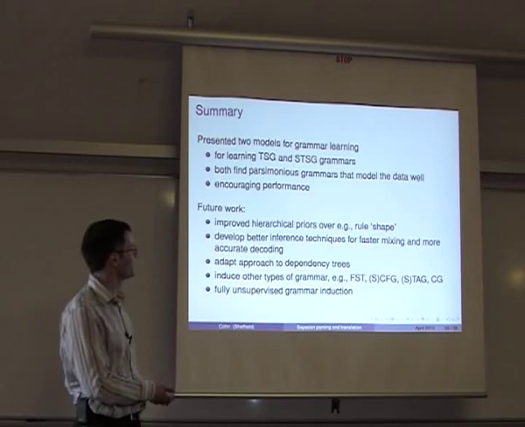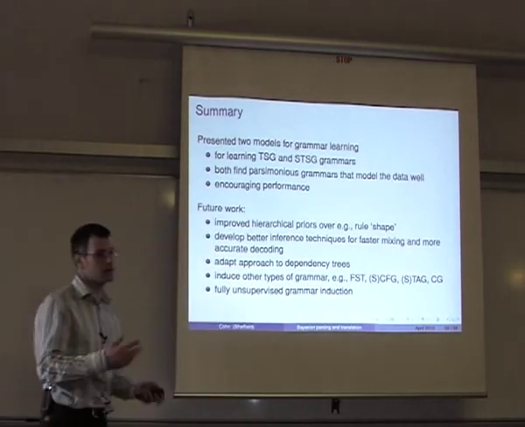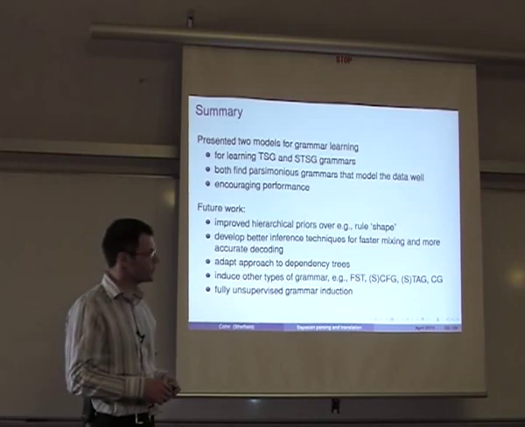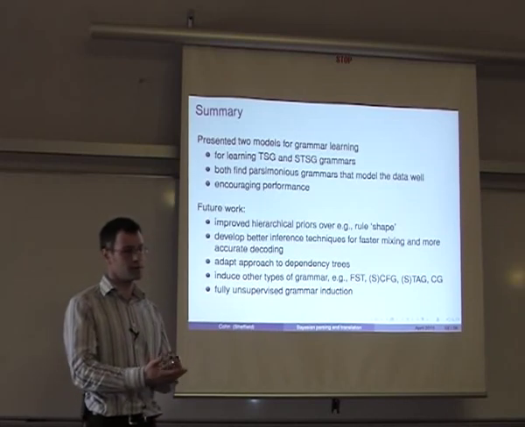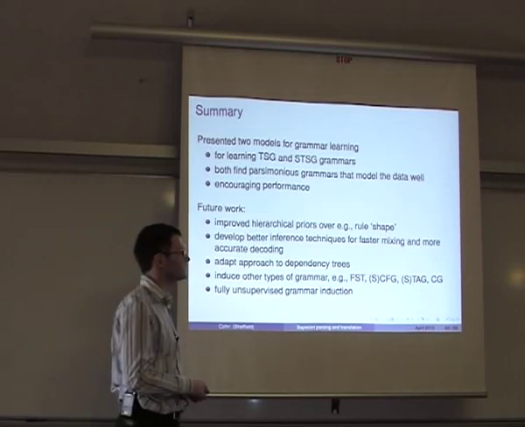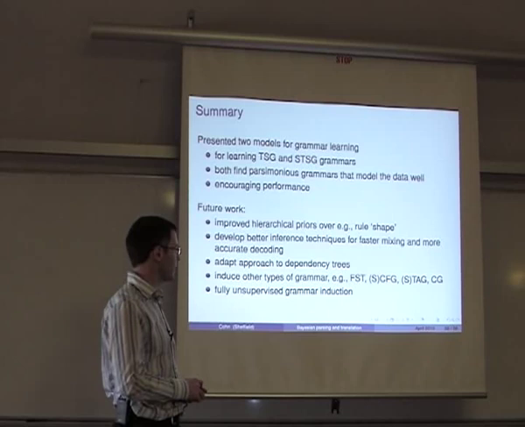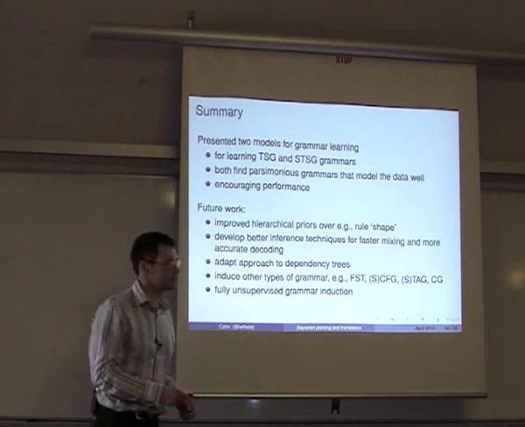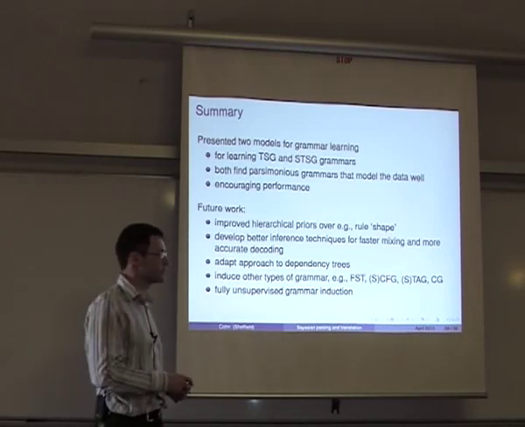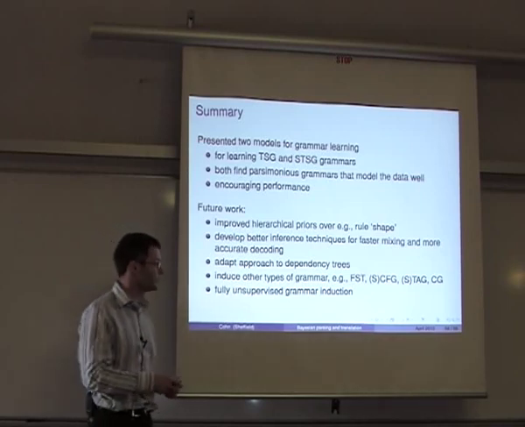So in general, there's a bit of future work here. Improving the prior, the back-off distribution, to have things like a hierarchical prior, such that we can talk about the rule shape, so we could start generalizing between, say, different verbs that are all lexicalized, or other different patterns that we see repeatedly over and over again in the data, such that we can get more reinforcement and more probability on these common fragments. I think a very important thing is getting a better inference technique. We've done this in a very simple way using Gibbs samplers. Other techniques like variational inference could be a lot more promising for getting better mixing and more accurate decoding.